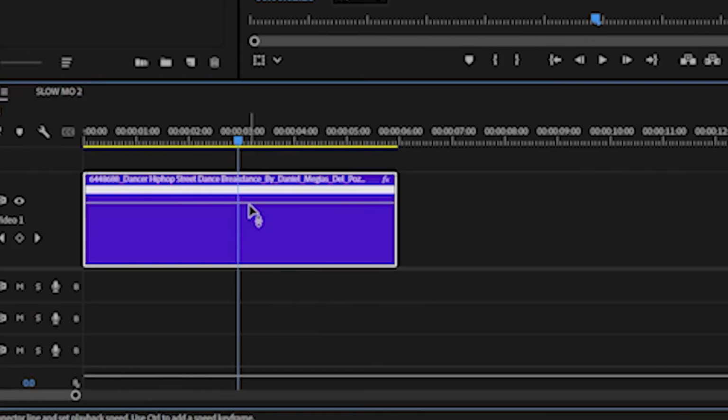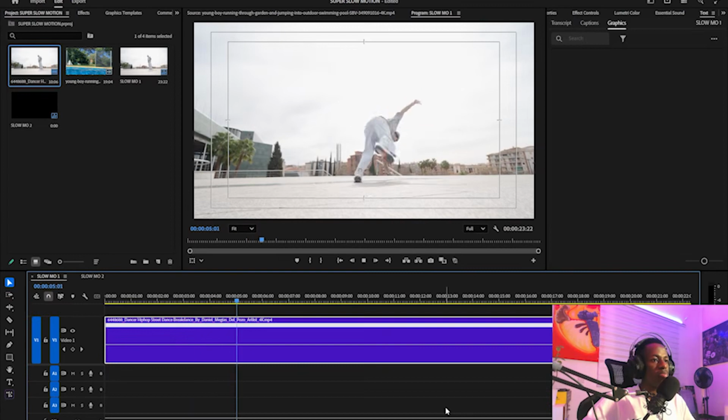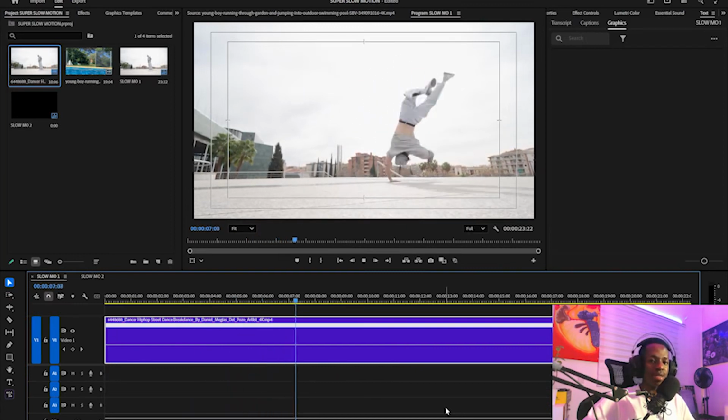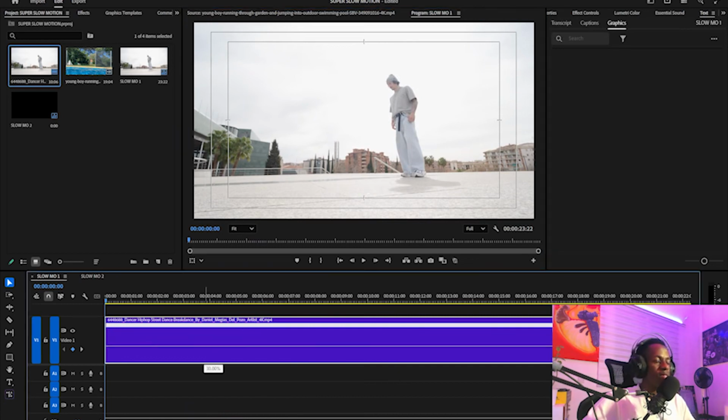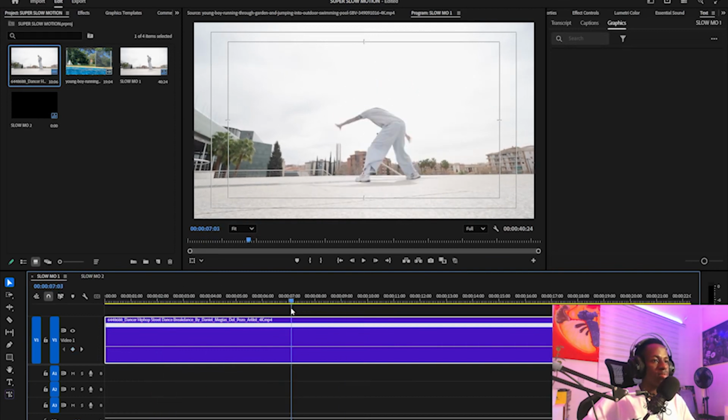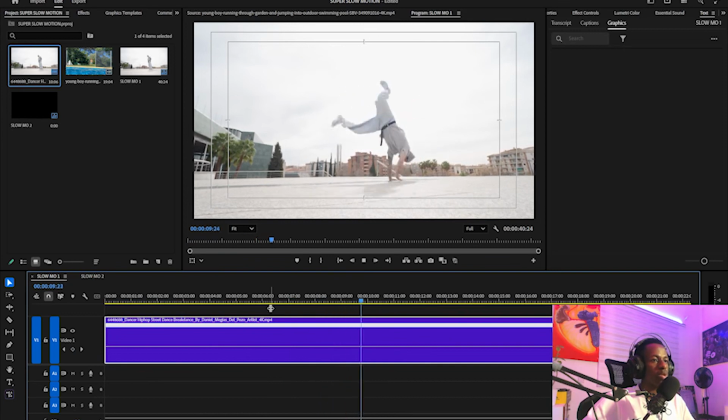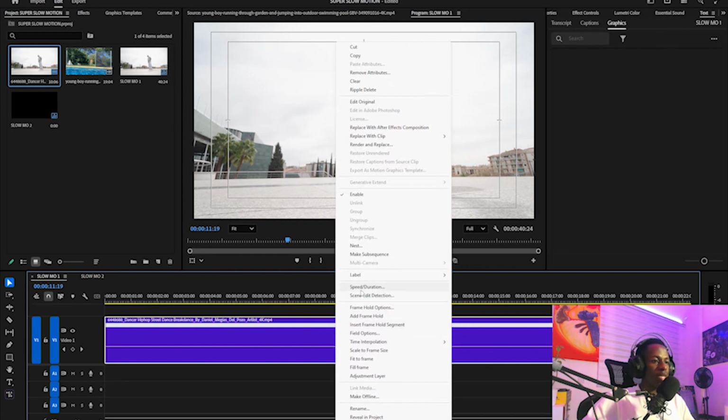Now, if we click and hold and go down, you can see now the clip is slow motion, but still it's not that super slow motion. So what do you do to actually achieve the super slow motion? You bring this down, right? Let's say you want to take this to like 25%, and now you'll have something like this, right? It's not smooth, you can see it's jittery, but once you right click and go to